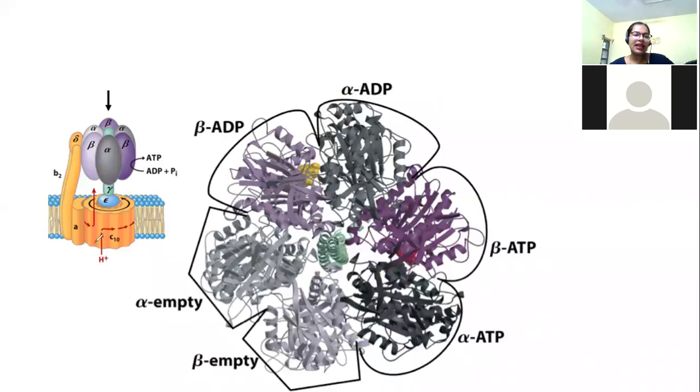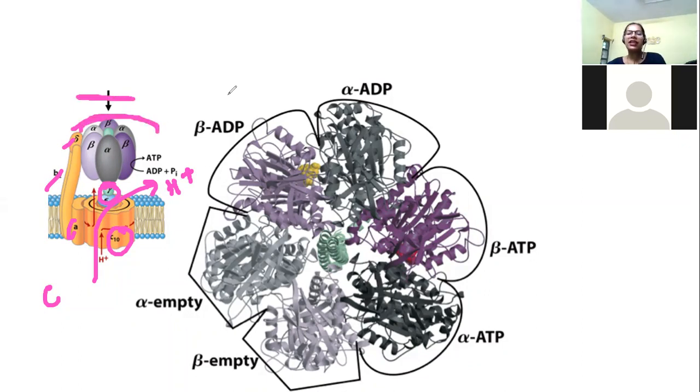Okay. So you can see that you had over there the C subunits. How many are there? 10 are there. So that is your F0 particle I was talking about. Now, when this rotation is there, because of the movement of H plus, you can see how nicely this gamma subunit is rotating your alpha and beta. Now, what is the function of this A, B2 and delta? To hold the F0 and F1 particle together. Okay, clear?